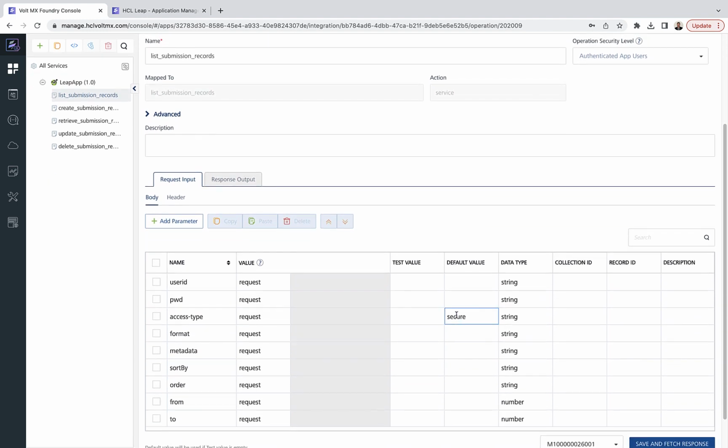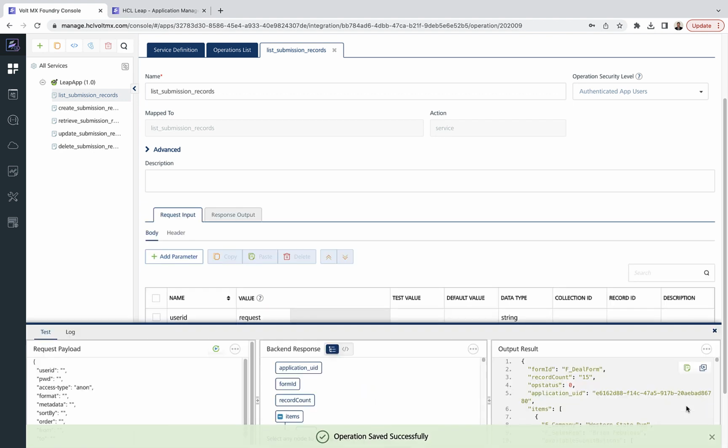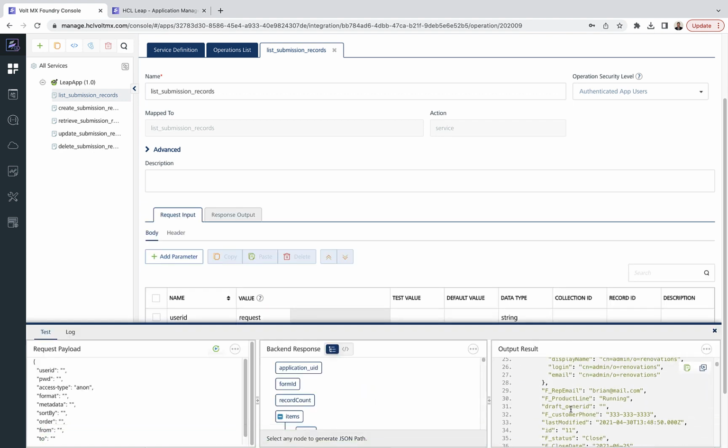down on the inputs, and we're going to change secure to anon. We're going to do this to keep things simple. Security will be covered in a different tutorial. We'll save and fetch responses, and we can see that we fetched a JSON list of responses, so this passes